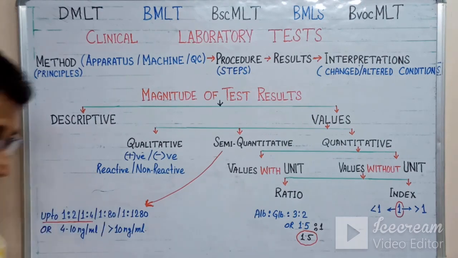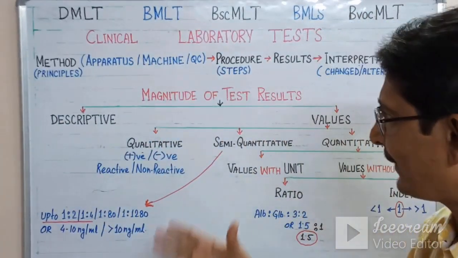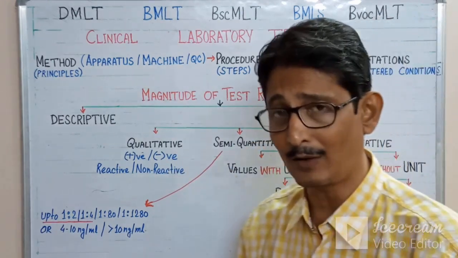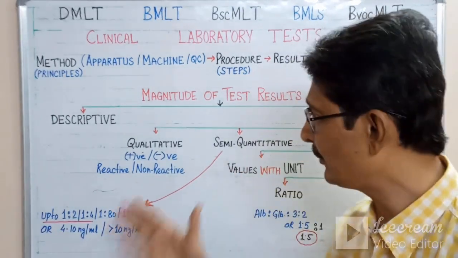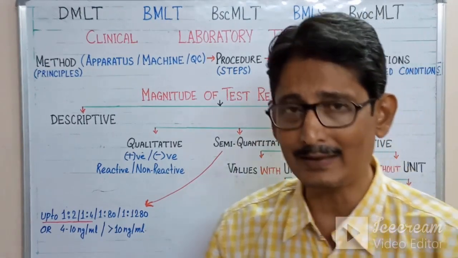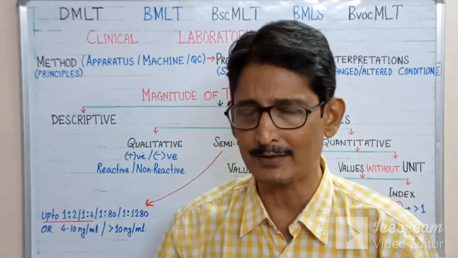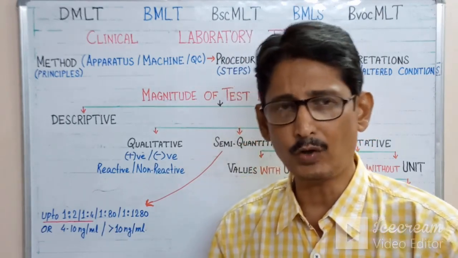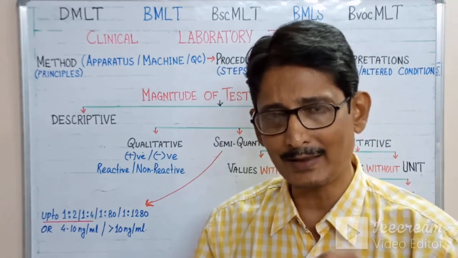So now the main question is, what is the purpose of this qualitative and semi-quantitative testing, where we are not getting the accurate value? Then what is the application of this test? The main application is in third world countries, where there is poverty. So keeping in mind the poverty,